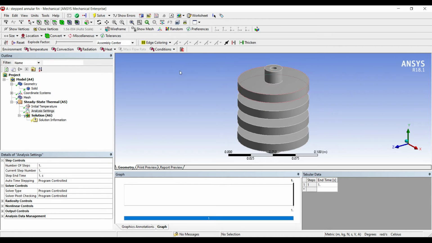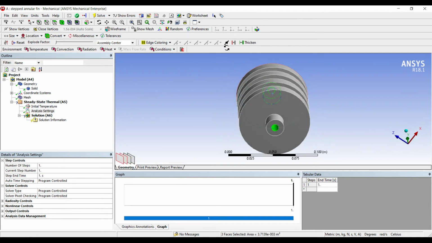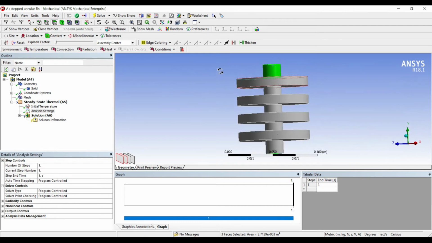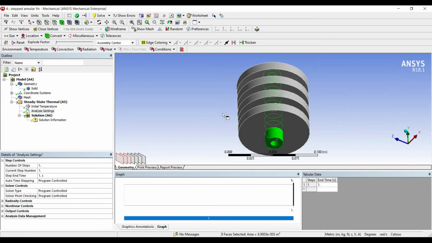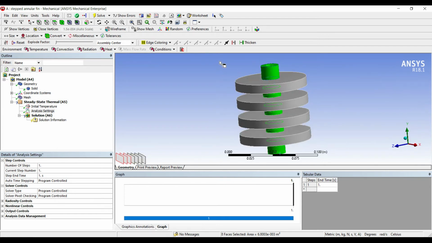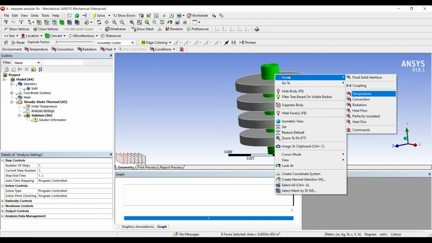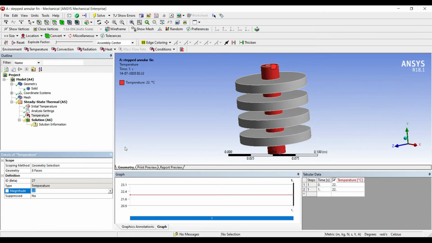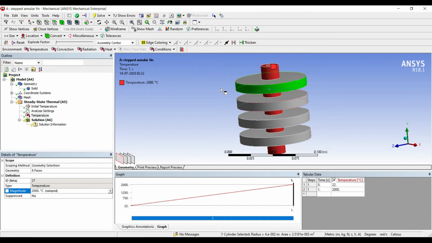Now I'll go for selecting of the edge surfaces. I'll press the control button while I select these surfaces. Right click, insert, temperature. Say the value is 2000. The unit is degree Celsius. On these surfaces,